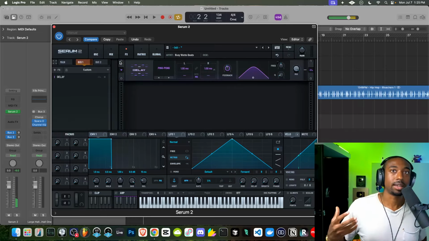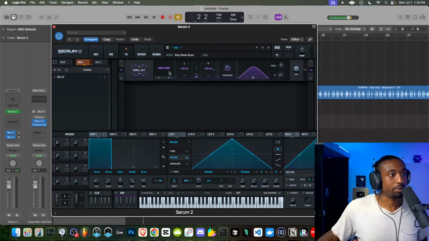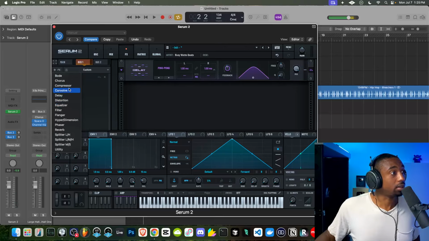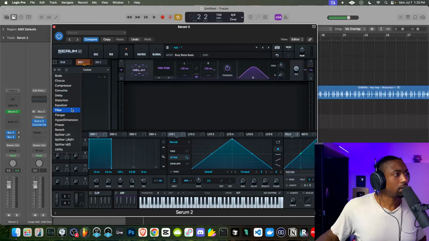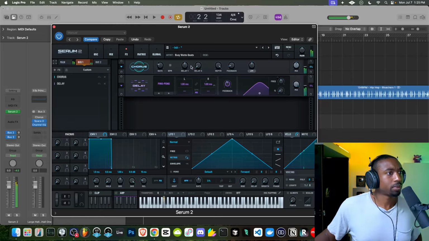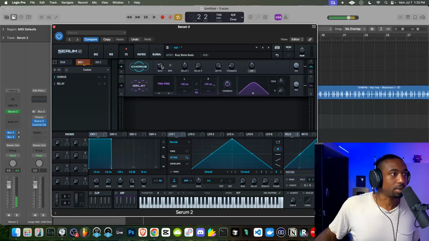So it makes the sawtooth feel more real. And also, we can mess with other parameters to add somewhat of a vibrato effect. So we can add either chorus, or we could do, let's just do chorus for now. And we could add that before. We want this at 100% mix level in this case.